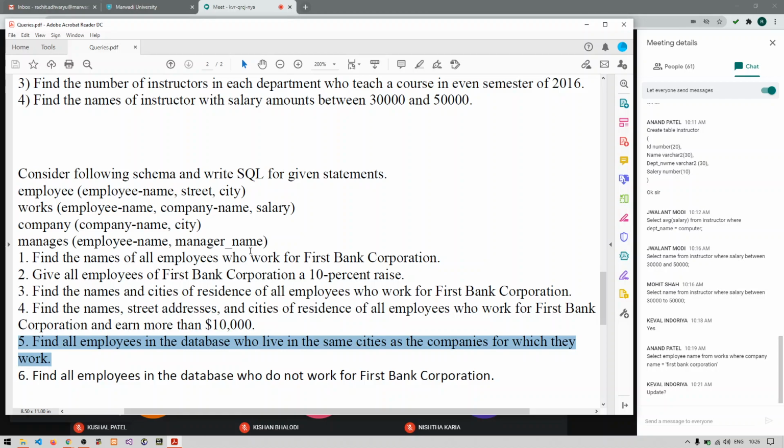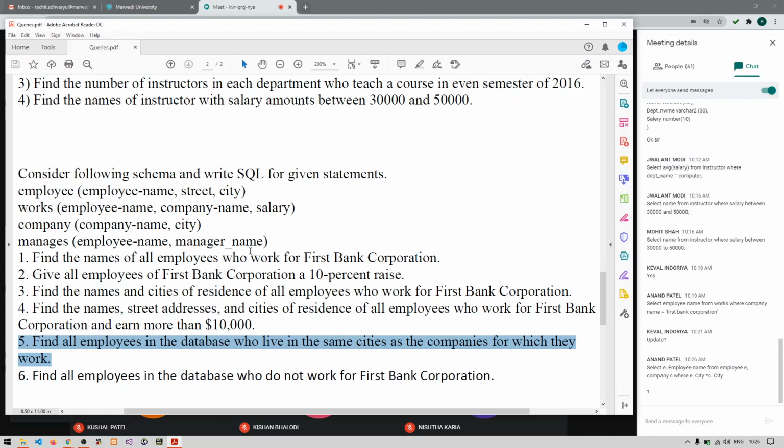The answer will be select E dot employee name from employee E comma works W comma company C, where E dot employee name equals to W dot employee name and W dot company name equals to C dot company name and E dot city equals to C dot city.